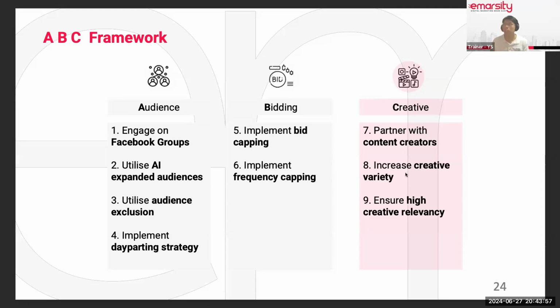Increase creative variety. This is about introducing new creative every 3 months and trying to have at least 3 to 4 ads running at any point in time. Lastly, ensure high creative relevancy. Just remember, creative is subjective. Buy one get one free may work for me, but may not work for someone else. So just put in different versions of ad copy, and the platform will find the most relevant one for each individual. Because of that personalization approach, your creative score is higher, as people tend to interact better with personalized messaging.